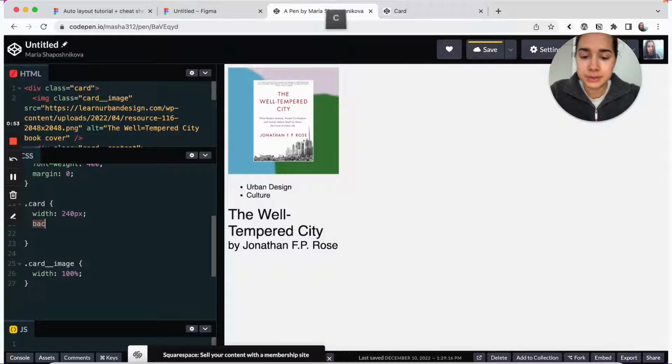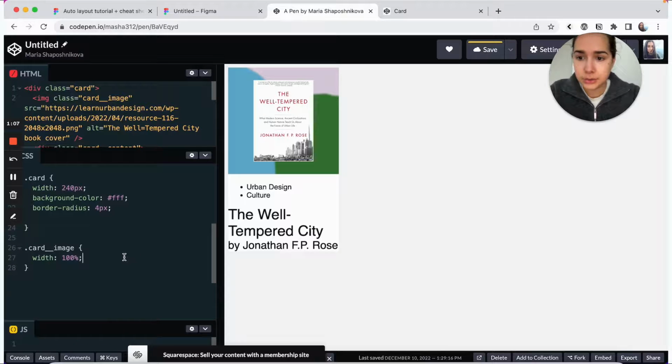For the card, we can also give a background color of white. And then border radius of 4. Now we're going to give the border radius to the image of 4 for the 2 upper corners. And we'll give this like a box shadow.